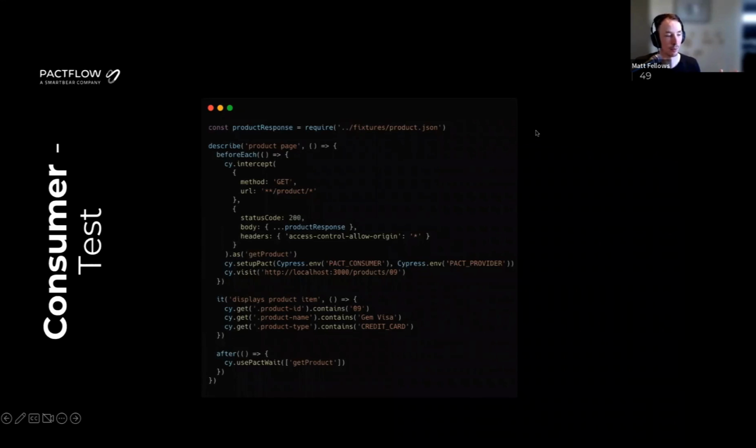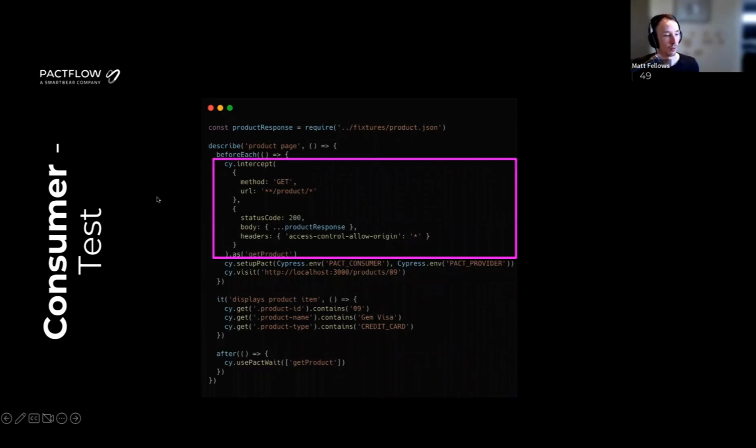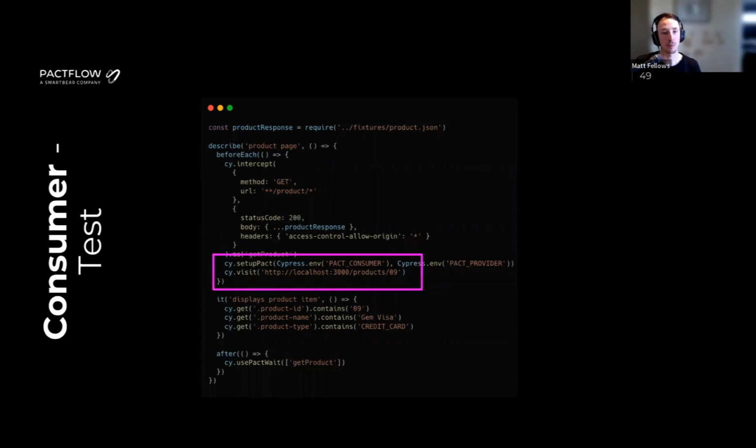It doesn't matter if we don't know Cypress, but you can see what we're doing here is we've created a little test phase. We've got the network mocking tool that's going to mock out the back end for the product call, and it's going to return back some data in that case. We're then just configuring the Pact adapter here. As I alluded to earlier, we have a few adapters that can take some common mocking tools and convert those into a consumer contract.